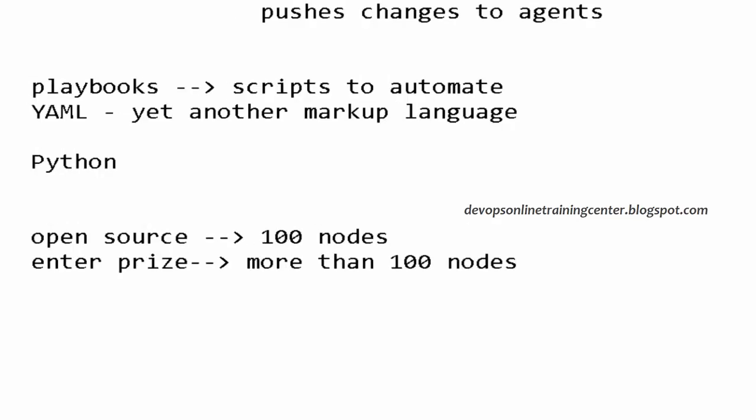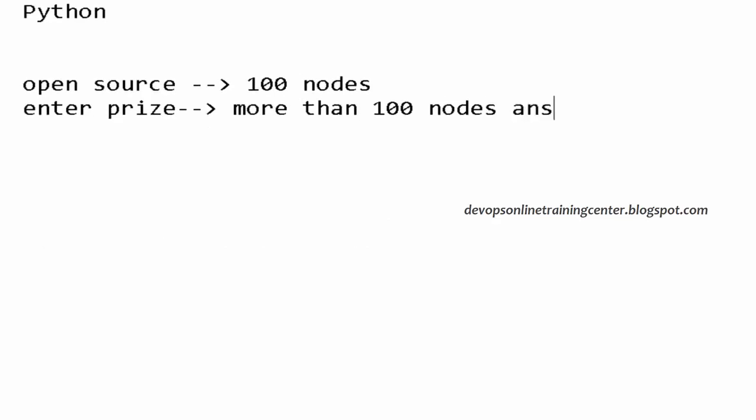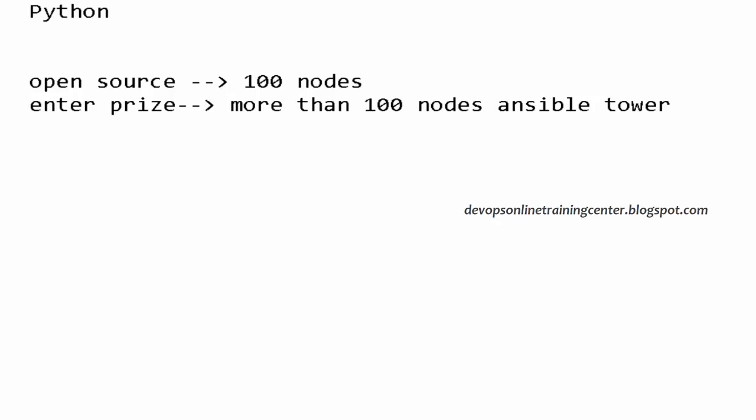Okay, playbooks are written in YAML, but any tool which you use is written in some language, right? In the same way, Ansible is written in Python. Is this clear? The enterprise edition is called Ansible Tower. If you also want support in case of any issues or debugging, we need to buy the license, right? That is chargeable, and using it we can manage more than 100 nodes using the Tower.